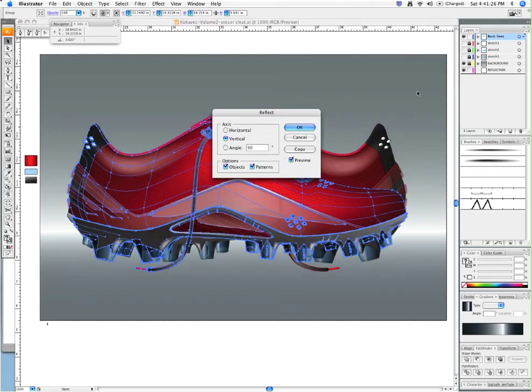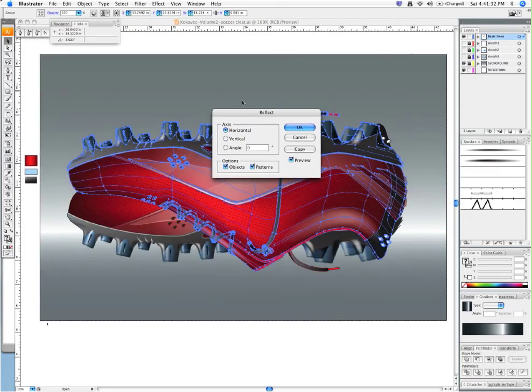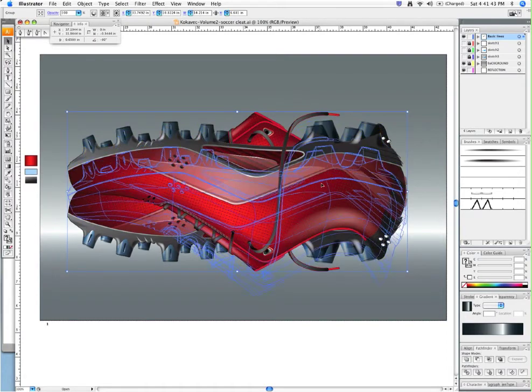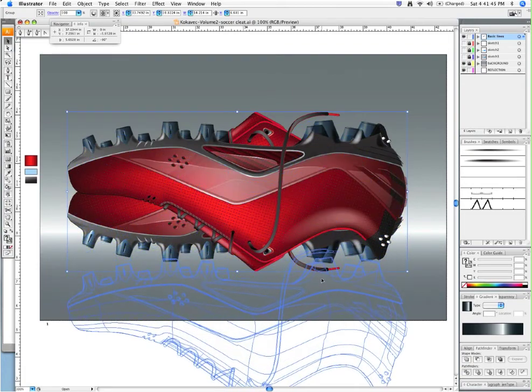Apple 3 is what I have set for reflect, and let's go horizontal, so this flips it up along the horizontal line, and we have preview visible here. We just hit OK,